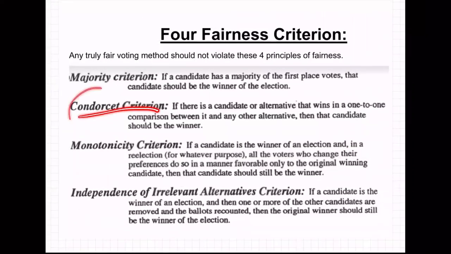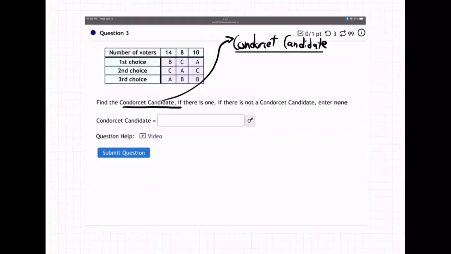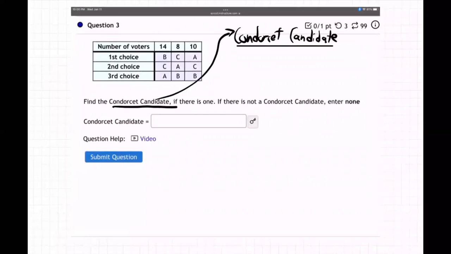Condorcet criteria. Here's Condorcet. What is it? If there is a candidate or alternative that wins in 1-to-1, that's the keyword, 1-to-1 comparison between it and any other alternative, then that candidate should be the winner. That's Condorcet. Condorcet is all about 1-to-1. So a Condorcet candidate is a candidate